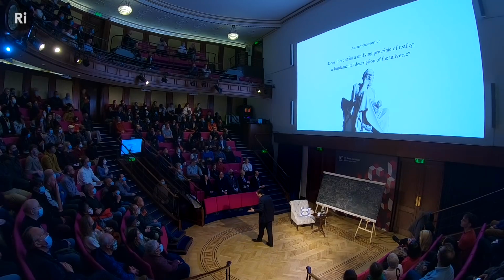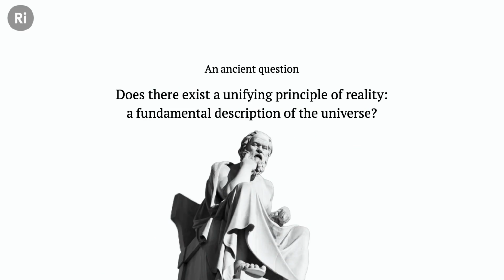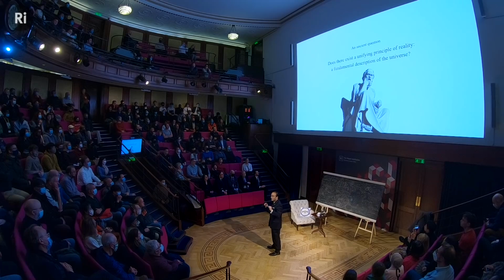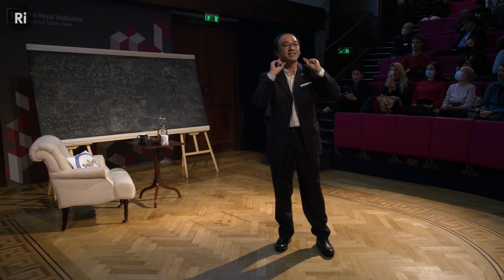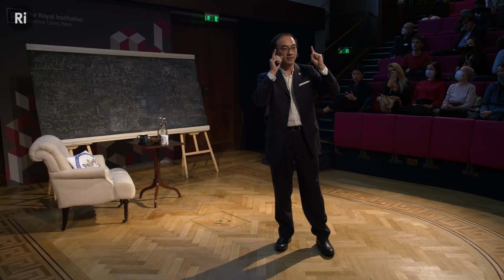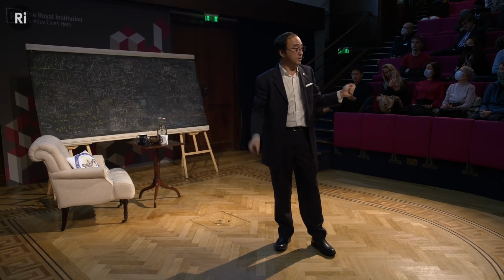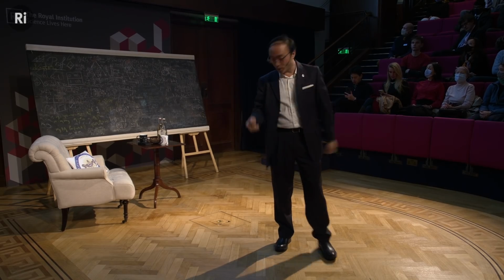And that is an ancient question. Does there exist a unifying principle of reality? Does there exist a fundamental description of nature from which we can derive models? Here's a very different concept, right? There is modeling reality and nature, and then there is coming up with some description of a fundamental law from which you can extract all the laws of nature. Is that even possible? Well,